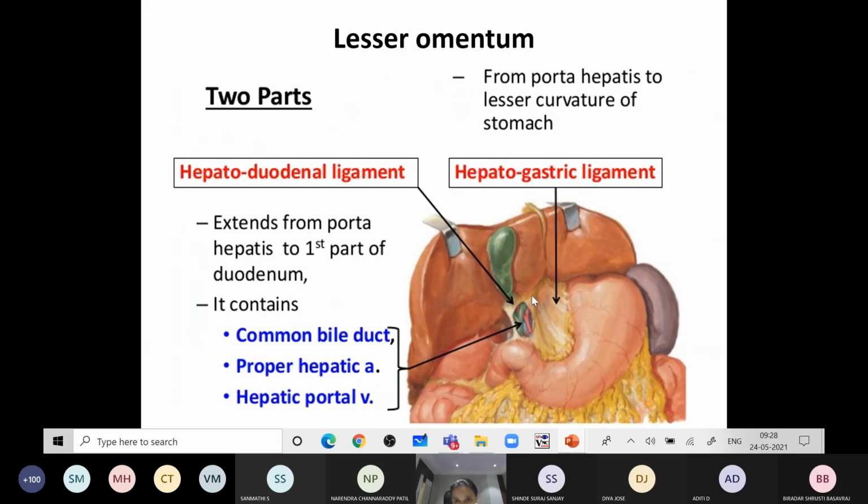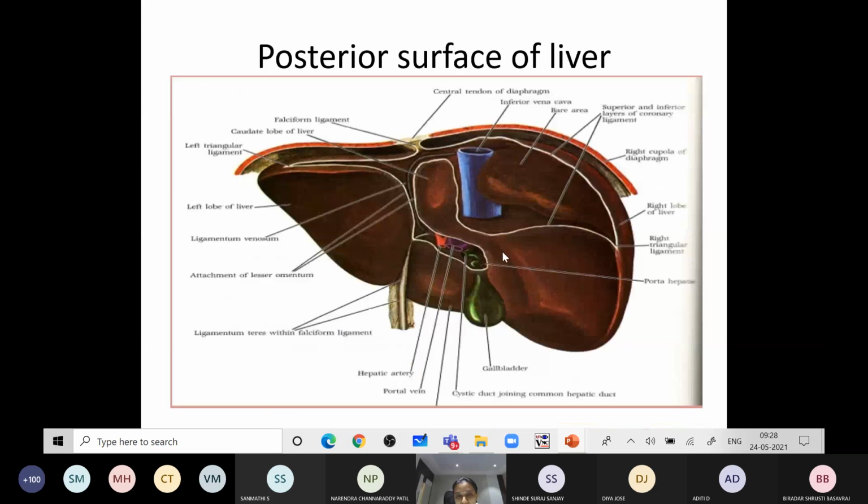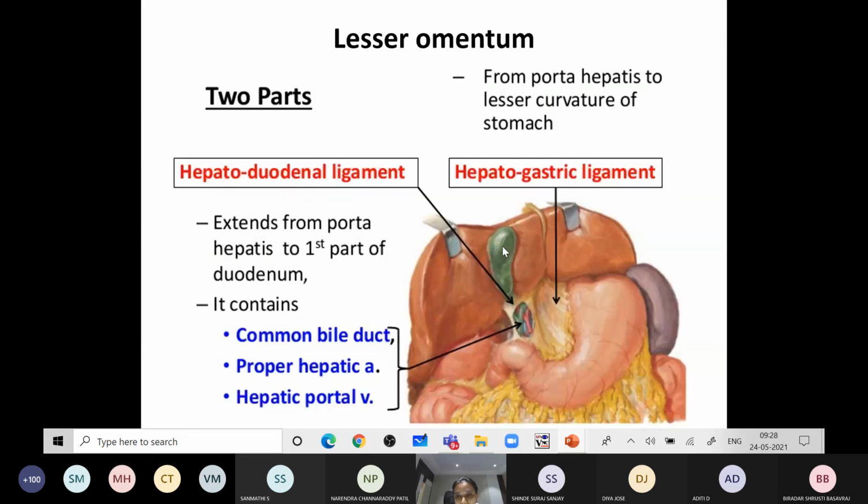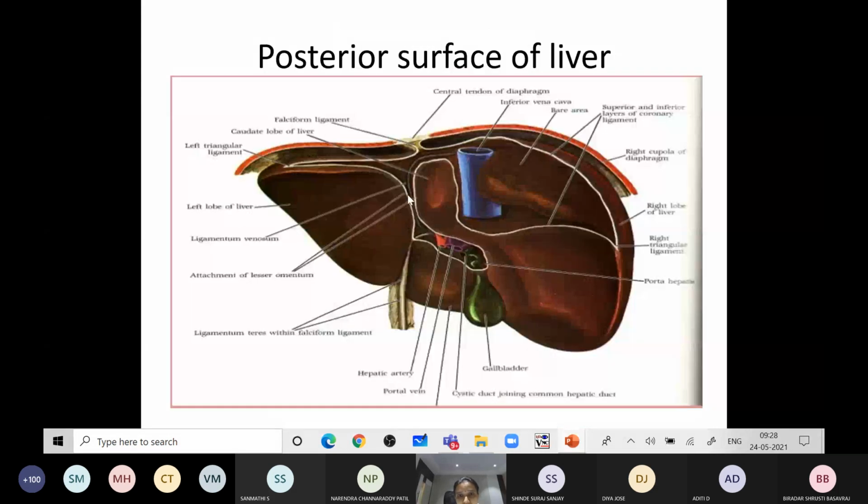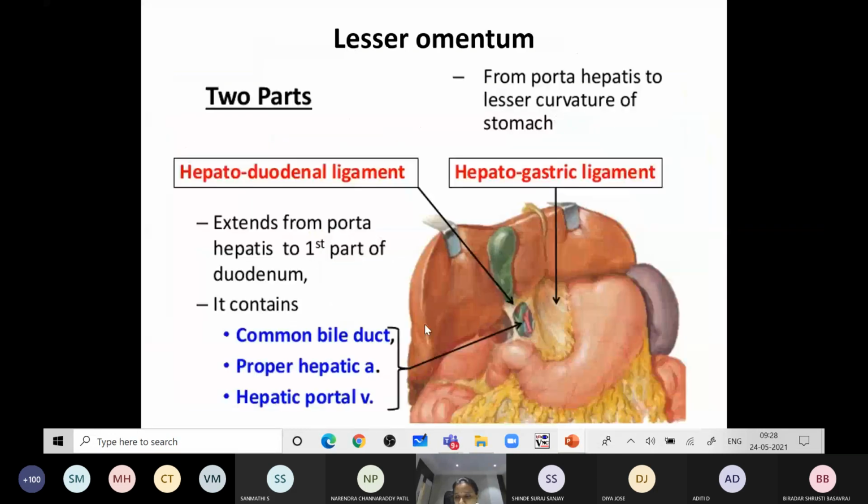Here you can see this is the anterior view. This is the posterior view. You have to imagine this descends down like that on the stomach. Here it has descended on the lesser curvature of the stomach. This is the anterior layer, what we can see. Posterior layer is behind. The anterior layer is formed by the peritoneum of the greater sac, whereas posterior layer is formed by peritoneum of the lesser sac.